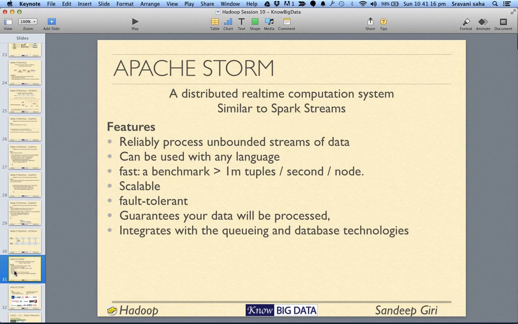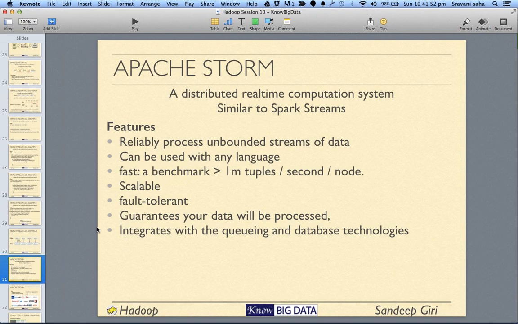All right. Now we have Apache Storm, which is also for streaming. As we saw, Spark was designed for really fast computation, and afterwards we started using dstream to do the streaming because it was fast, but it was not designed bottom up just for streaming.